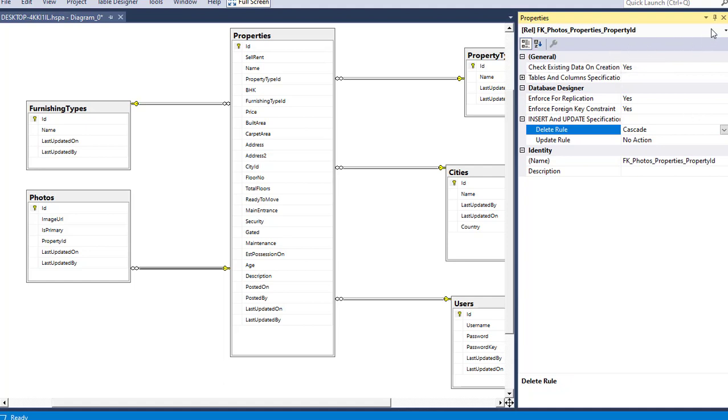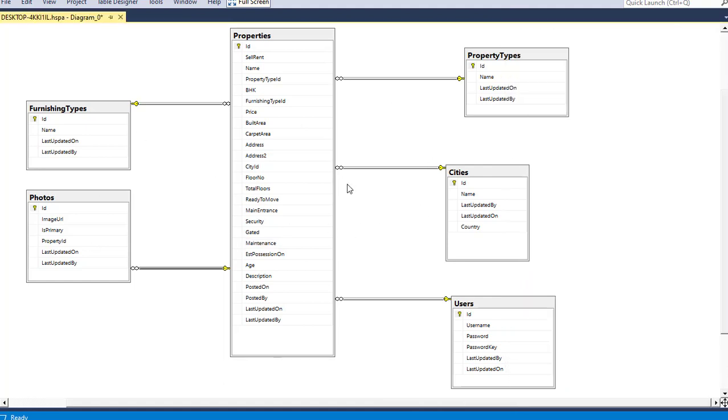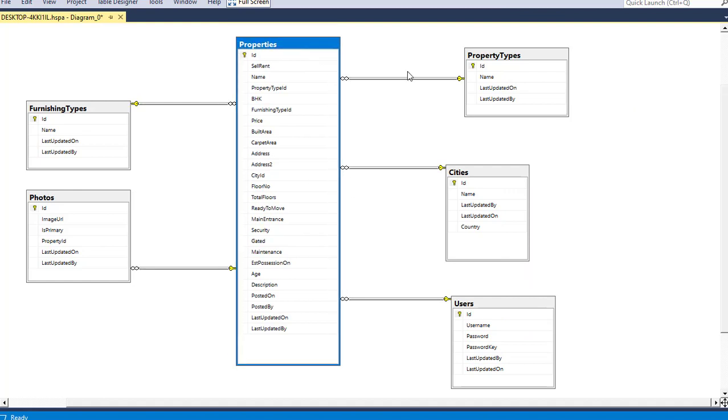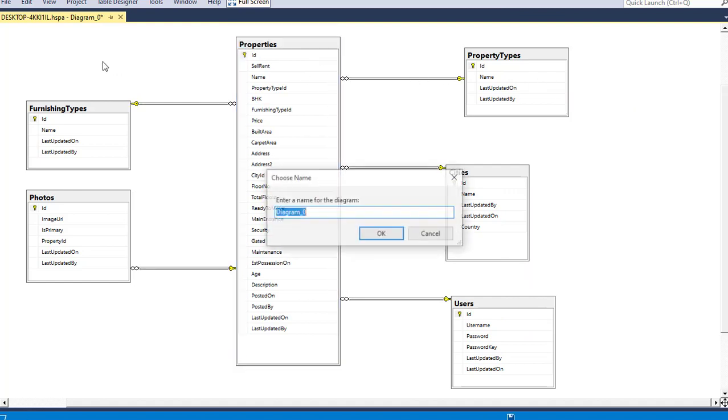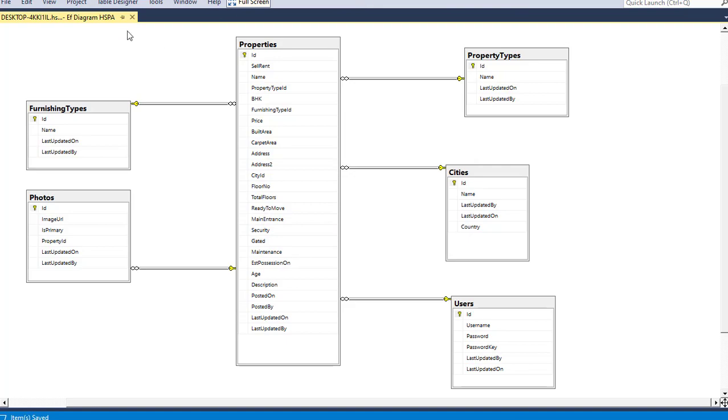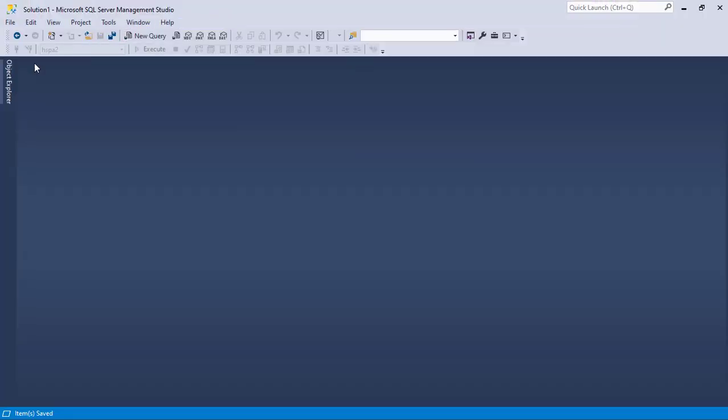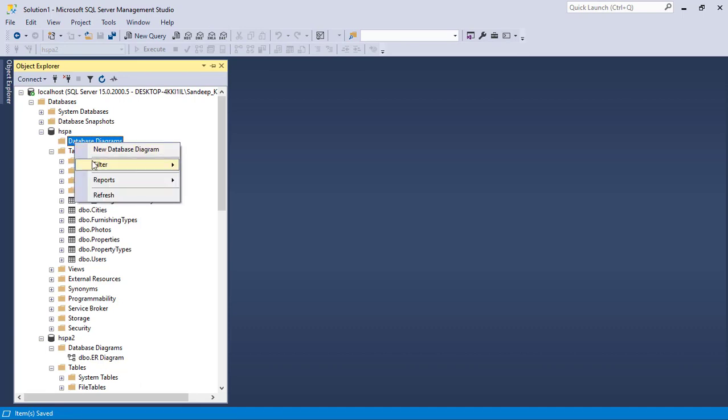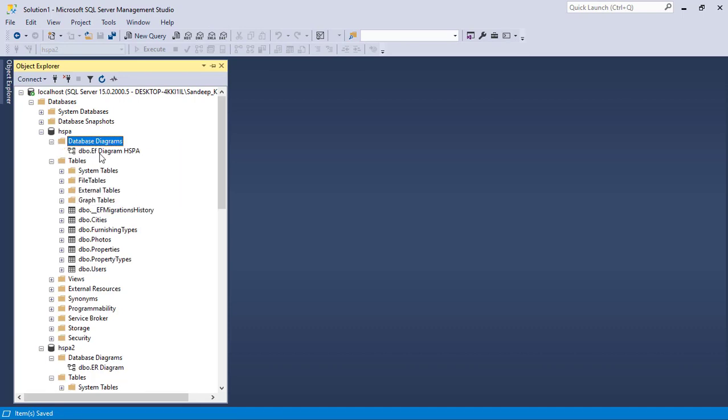So this is a very useful tool, and you can see all the relations between different tables using this ER diagram. And you can also save this diagram, and SQL will keep this diagram updated as per your current table structure. And in future as well, whenever you migrate your database, you can see how the relationship between the different tables are created. So we have successfully applied our migration to add all the tables related to the property.